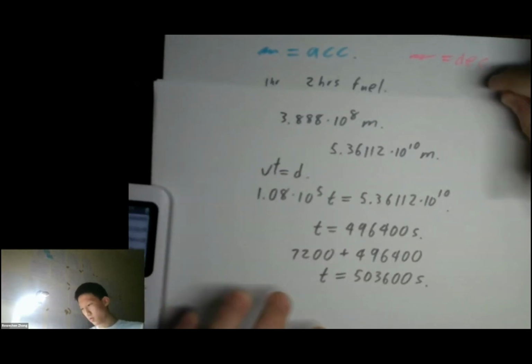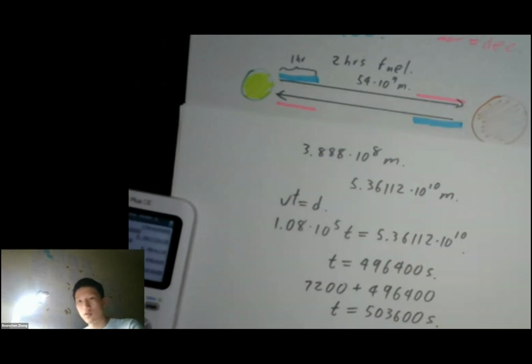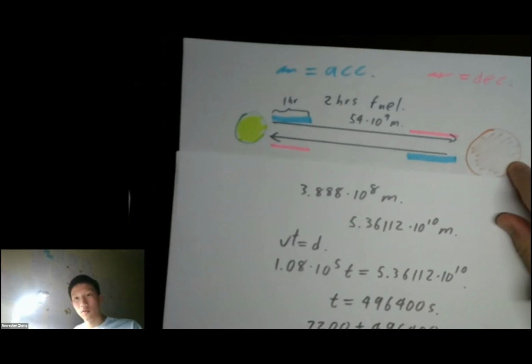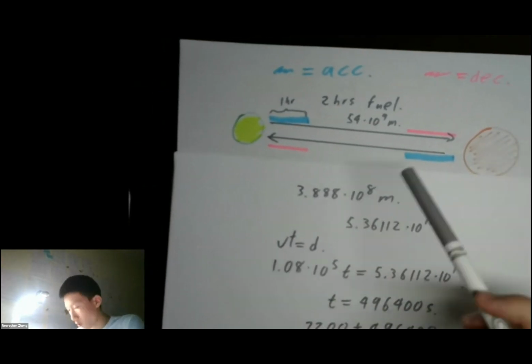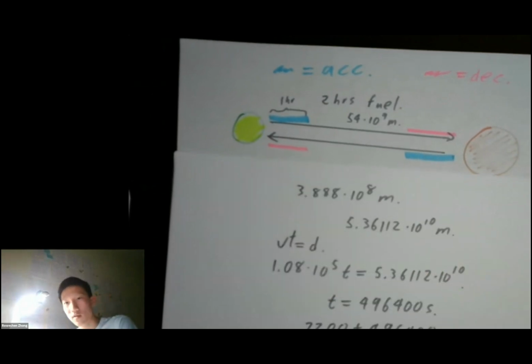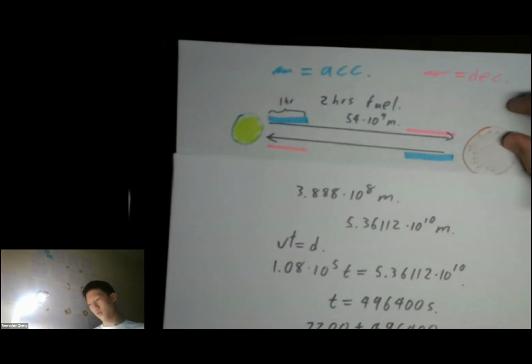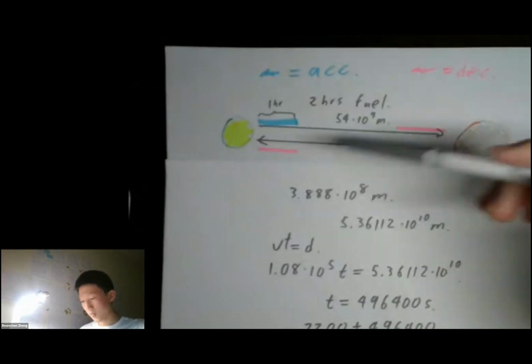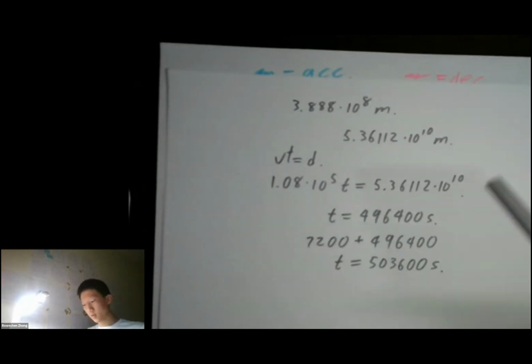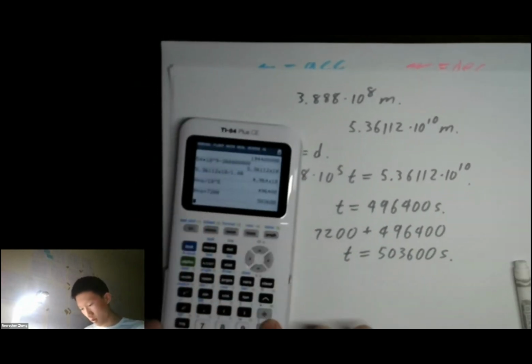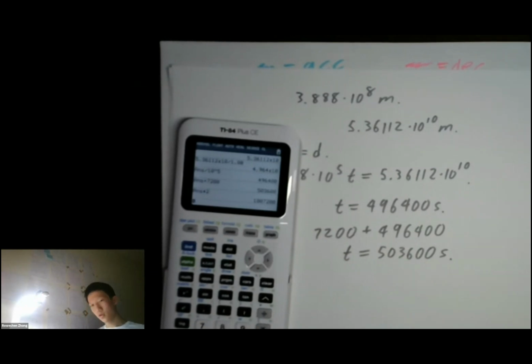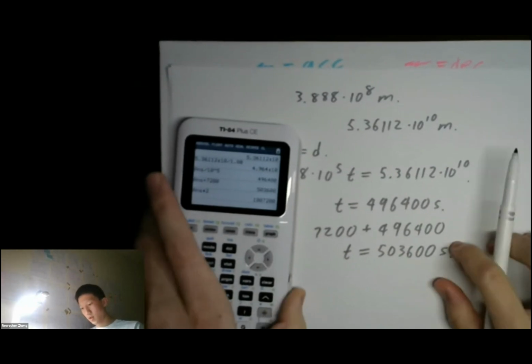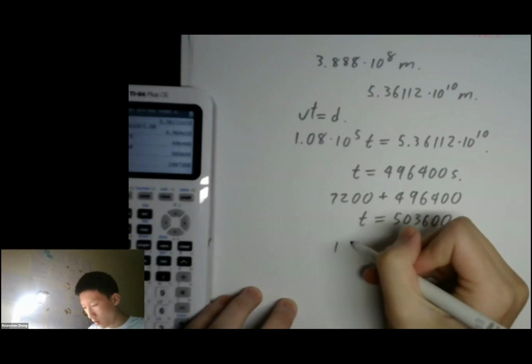Now, oh my goodness, are we going to have to redo every single calculation in order to figure out how long it takes us to get back? Are we? Think about it. No, we're not going to have to repeat all our calculations because it's symmetric. If it took us this much time to get there, it's going to take us this much time to get back. So the total amount of time it took for this round trip is